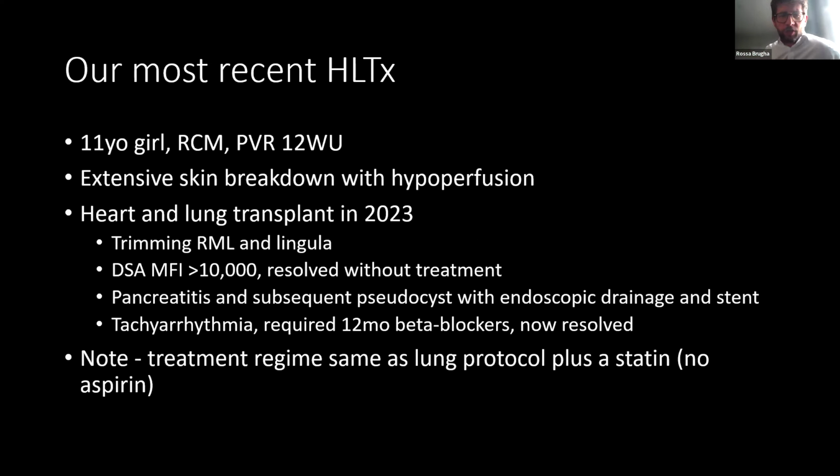We can do lung volume reduction surgery at Great Ormond Street. So we trimmed down the right middle lobe and the lingula of a bigger donor to make the heart-lung block fit inside her chest cavity. She had some DSAs, she had pancreatitis, she had a pseudocyst, she had tachyarrhythmia, which needed ivabradine and a beta blocker. But otherwise, the care that we provide for the lung transplant patients and the heart-lung transplant patients is essentially the same,